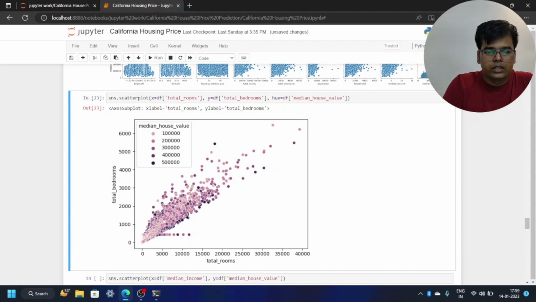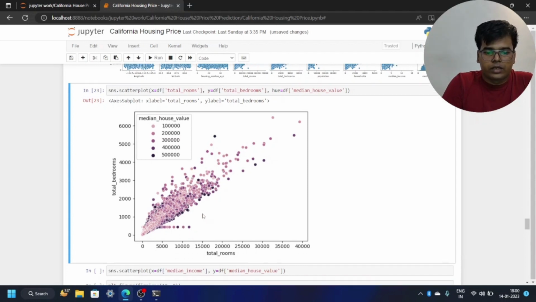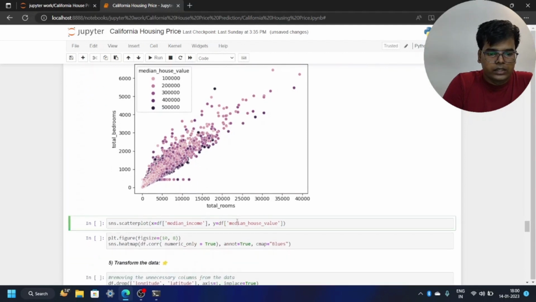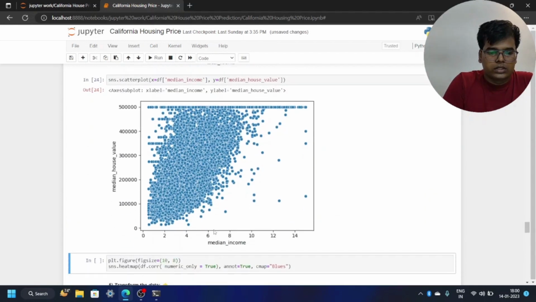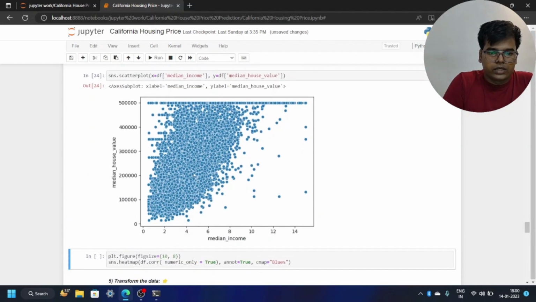So this is what basically the scatter plot is showing us. Next, I will plot the scatter plot for the median income and the median house value. So this is what it means. There are so many houses